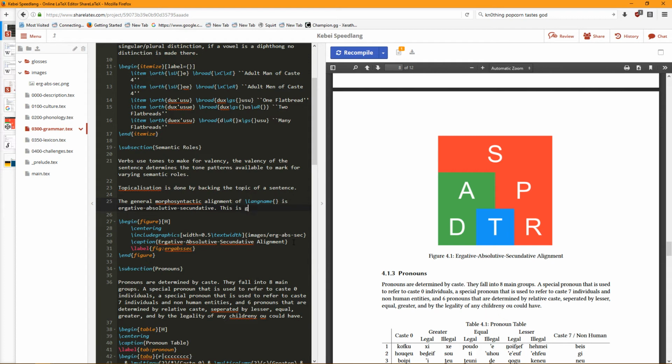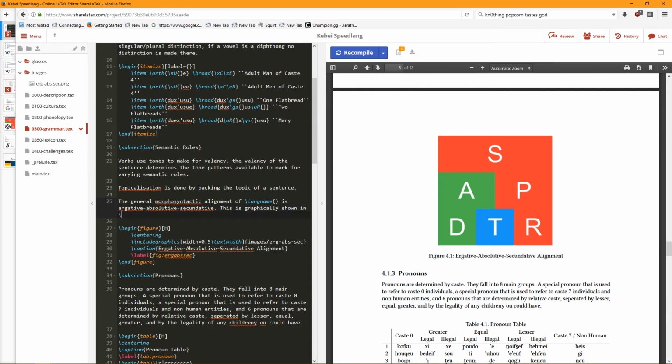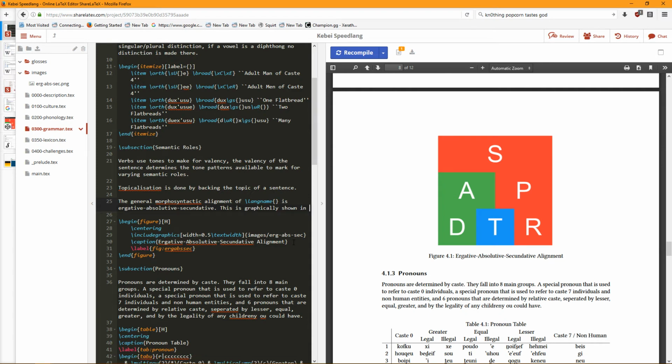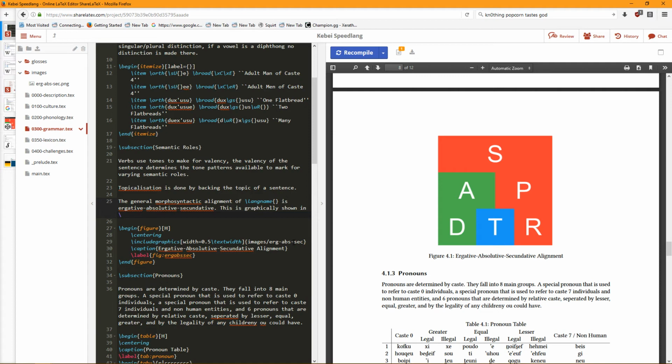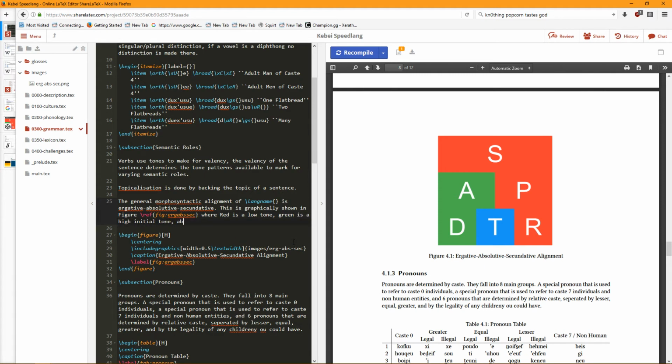This is graphically shown in fig gabsec, where red is a low tone, green is a high initial tone, and blue is a high final tone.